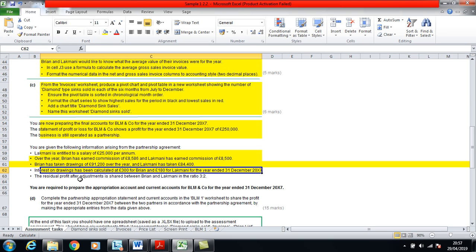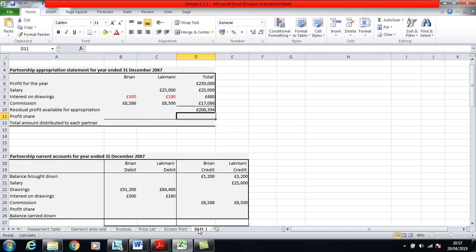It says the residual profits after adjustments are to be shared between Brian and Lukmani on a ratio of 3 to 2. So the profit share for Brian equals D10 times 5 divided by 3. I've done it the wrong way around, let's do it again. So equals 208,000 divided by 5, times 3,